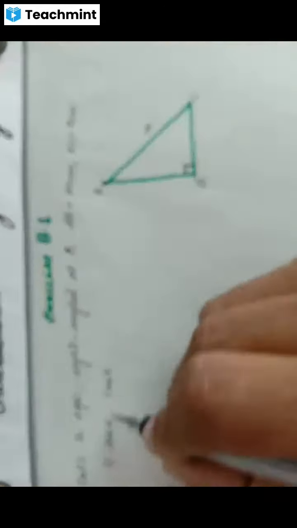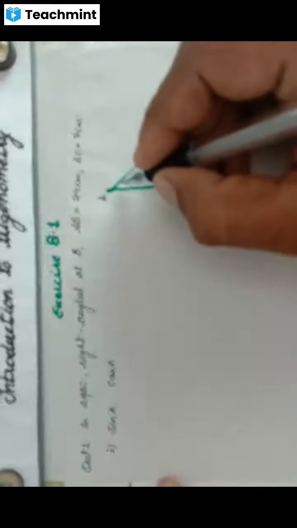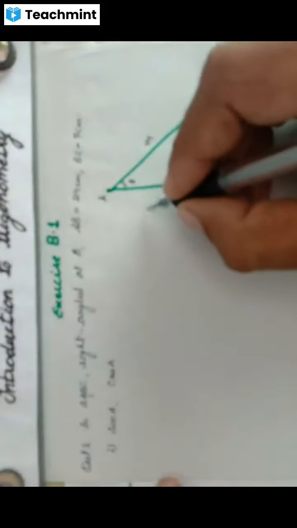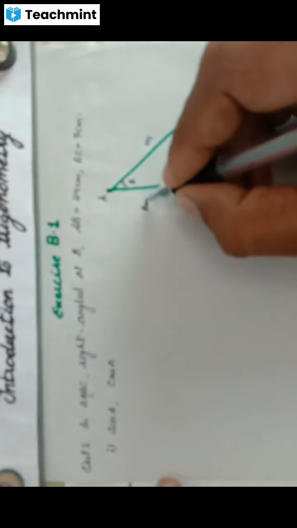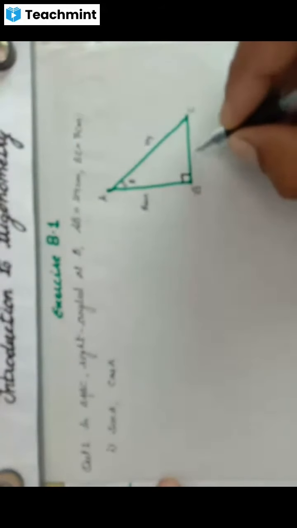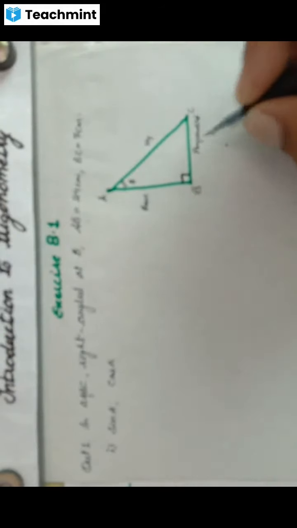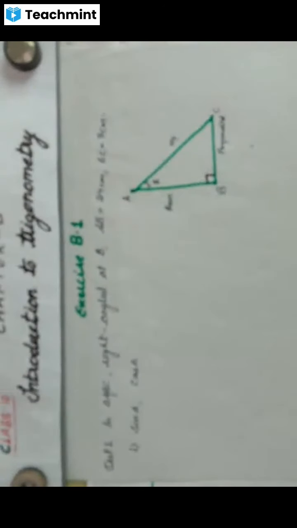So we can see that in both places we have theta on this side. It is clear? That means this is your base side, and this is our perpendicular side. Why have I drawn this figure like this? So that you can identify that wherever we have a theta, that side may be the base.